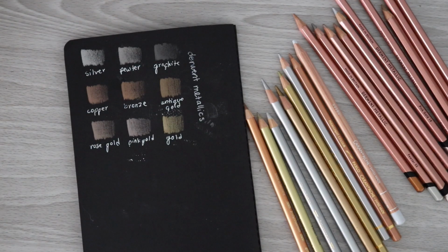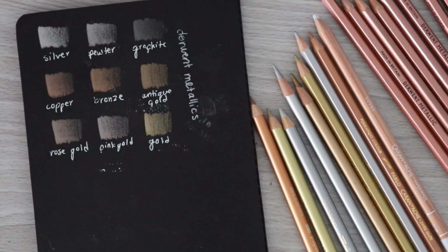So enough about the intro, I really want to start using some pencils now. I'm going to switch to the desk view and explain what we're doing. So you can already tell in the title what we're going to be doing today is playing around with metallic pencils and comparing them a little bit, and then hopefully we can get to doing a fun drawing on black paper with the metallics. So the only set of metallics I have is this set of 9 Derwent Metallic Pencils,